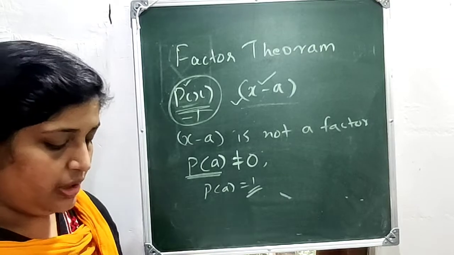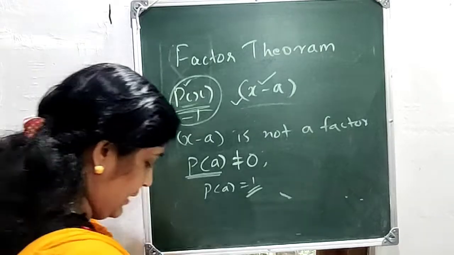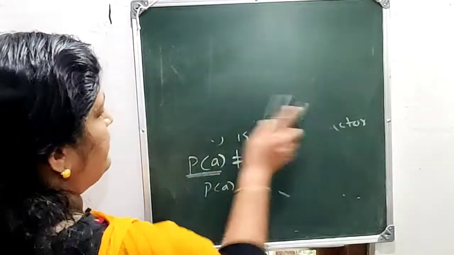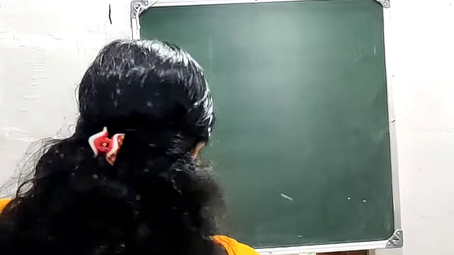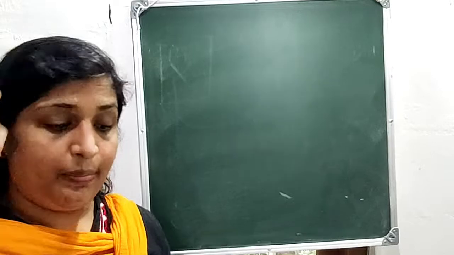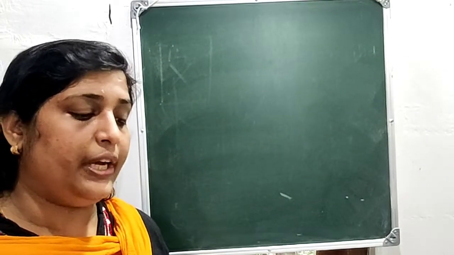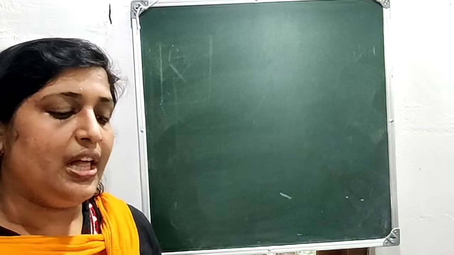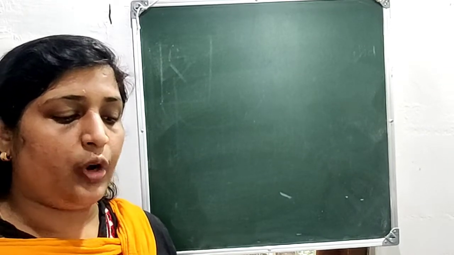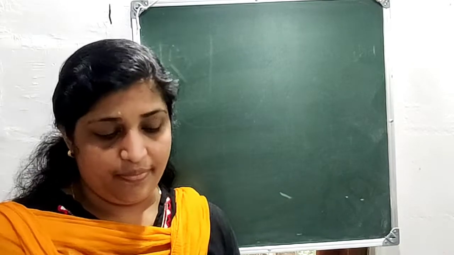Based on this, we have some problems. We are going to do that. Okay, that is in page number 240. We have some questions like this. In each pair of polynomials given below, find the number to be subtracted from the first to get a polynomial for which the second is a factor. Find also the second factor of the polynomial got on subtracting the number.